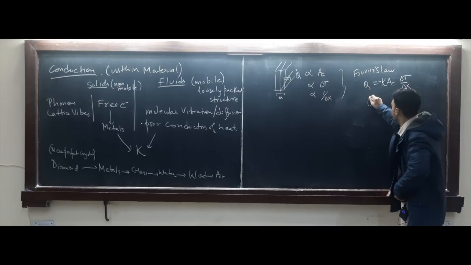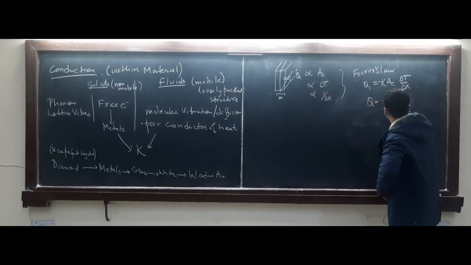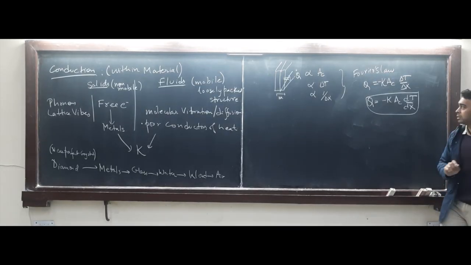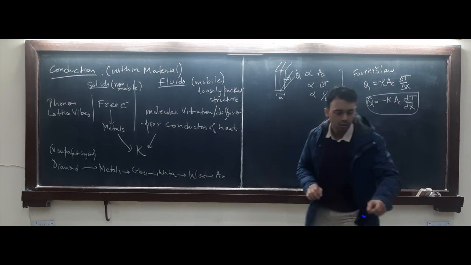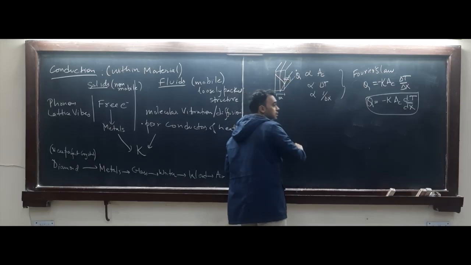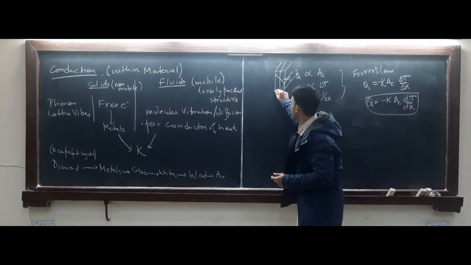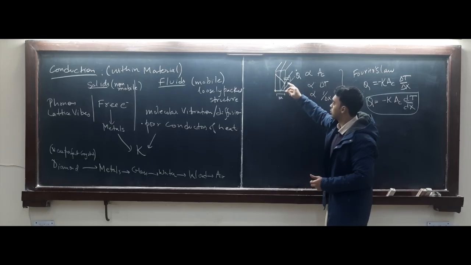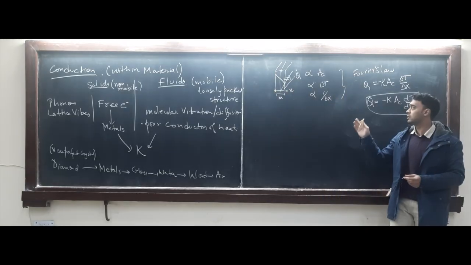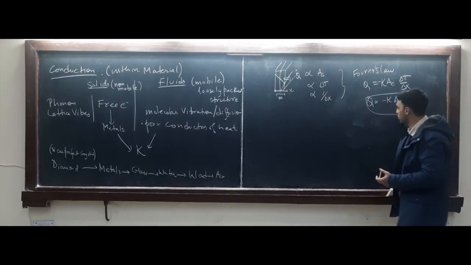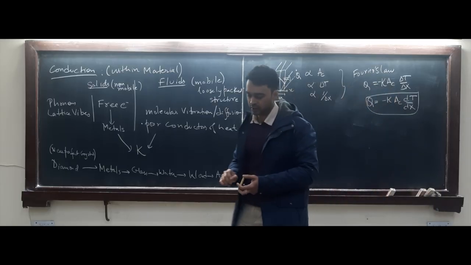If I want to write a more point-wise description, I can write this, right? So it is the negative direction of the slope. If you were to draw a temperature profile here, and let's say it decreased, so ∂T/∂x, if your x starts from the origin, which is usually on the left side, is negative, and your heat flows in the positive direction. So heat always flows in the negative slope of the temperature gradient.